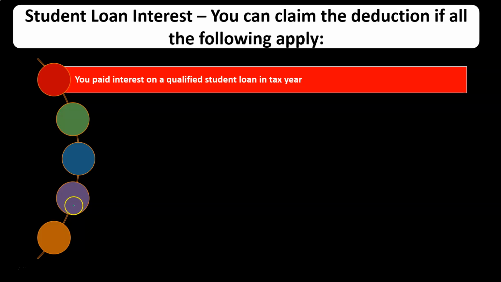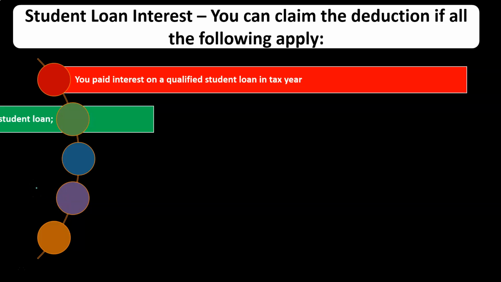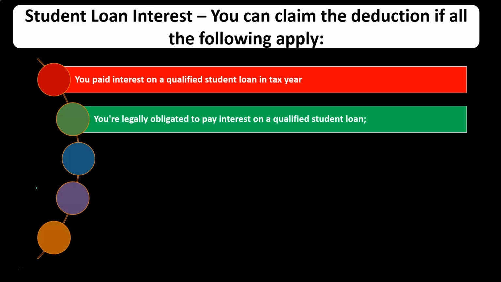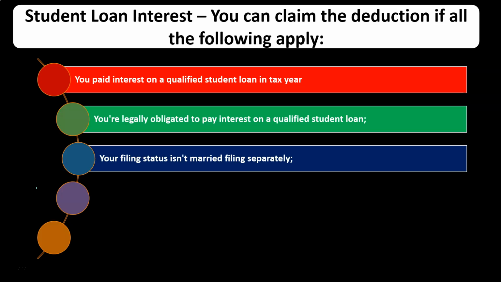Student loan interest, you can claim the deduction if all the following apply. You paid interest on a qualified student loan in the tax year. You're legally obligated to pay interest on a qualified student loan. Your filing status isn't married filing separately. So these first two, if these are met, then you will probably get a form for it, a 1098 form,